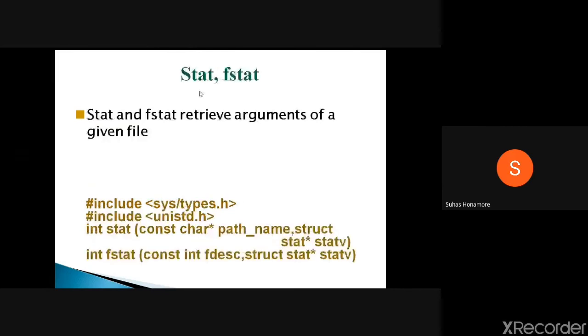The next one is stat and fstat. Two things are there. With these we get the file attribute related information.